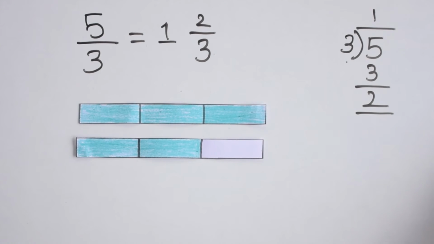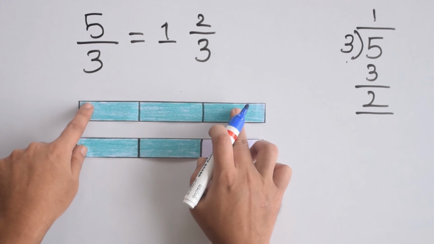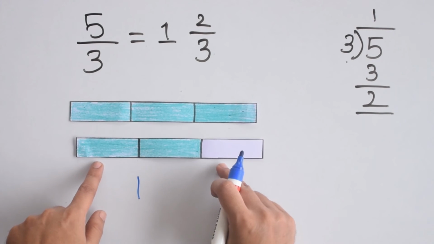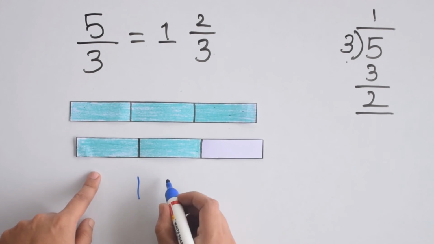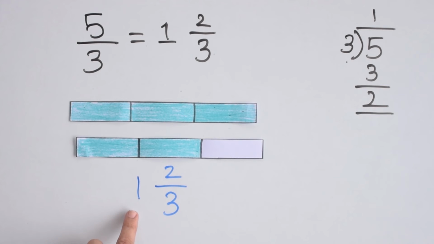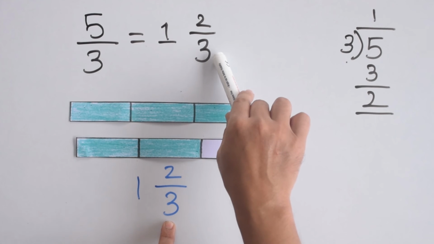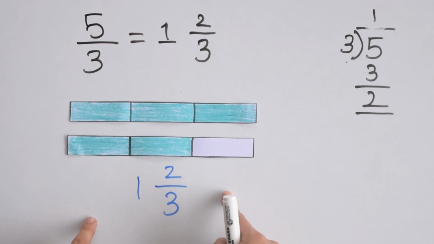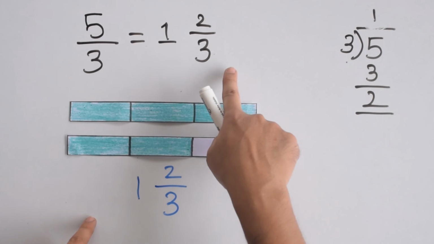Now can we write the mixed fraction here? So how many whole fractions do we have here? So we have 1 whole fraction colored here. So that means my whole number becomes 1, and in the next paper strip I have 2 parts colored out of 3. That means I get 2 by 3. So my mixed fraction here is 1, 2 by 3, which is the same that I have gotten here using the procedure. So with this paper strip method, we can understand how this procedure works.